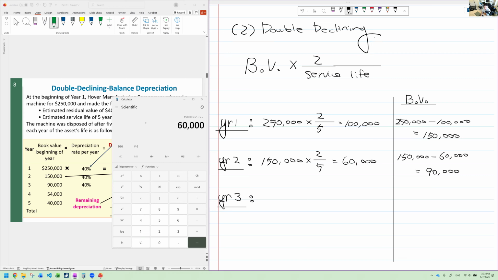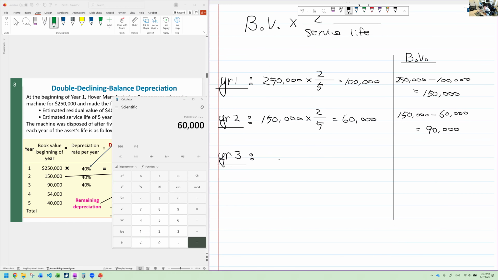All right, year three, we started out the year with $90,000 of book value of the asset, multiplied by 2 over service life, 5 years. So $90,000 times 2 divided by 5. So the amount of depreciation for year 3 becomes $36,000. So we are going to decrease the book value of this asset by $36,000. So at the end of year 3, the value of this asset becomes 90,000 minus 36,000,